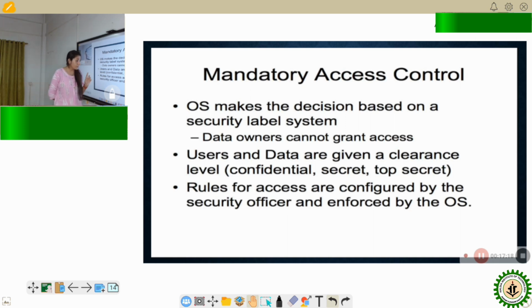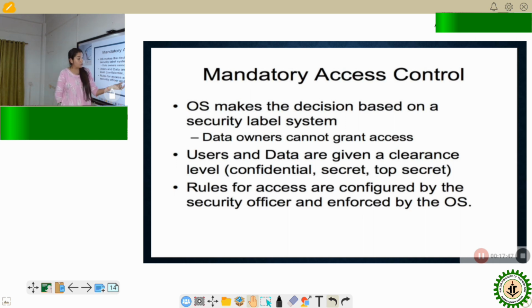So the rules for access are configured by the security officer and enforced by the OS. All of these security clearance levels are assigned to different subjects and objects by a security officer, and the access control is enforced by the operating system. Here in the operating system, we have the reference monitor.